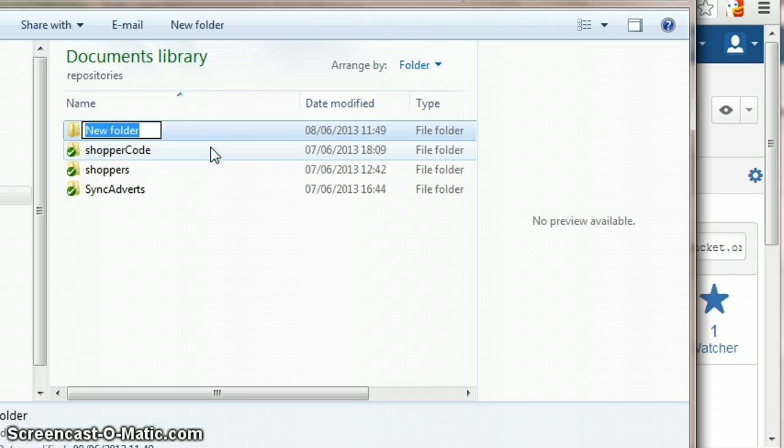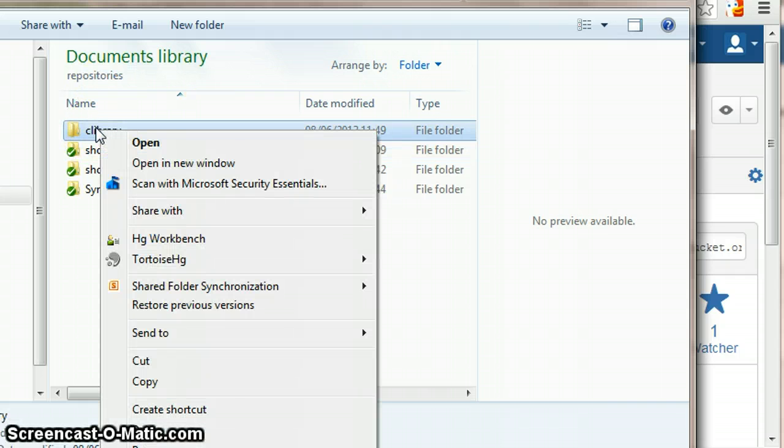So I'm just going to call this, I think it's a C library I've just downloaded. I'm going to use a different example this time round. So I've created a folder and I'm just going to right click on that,